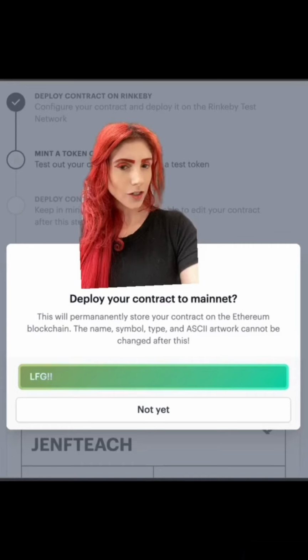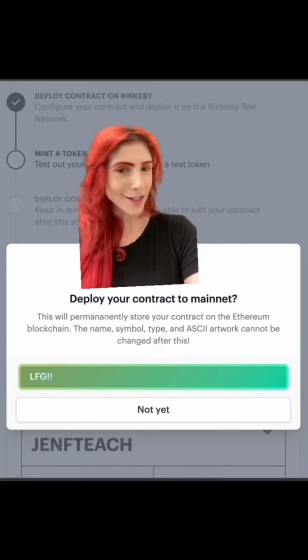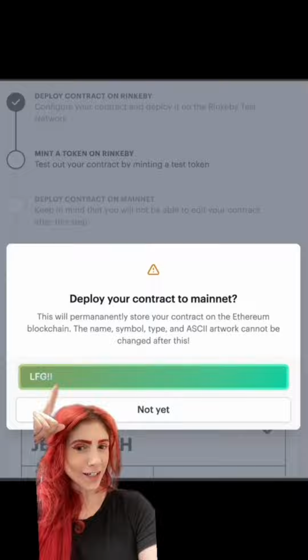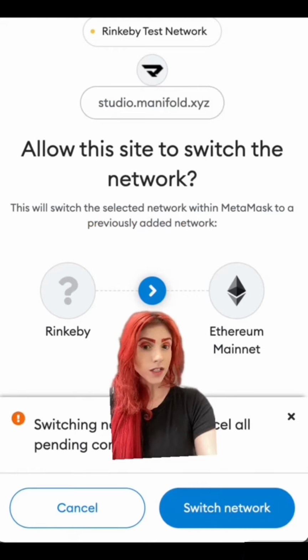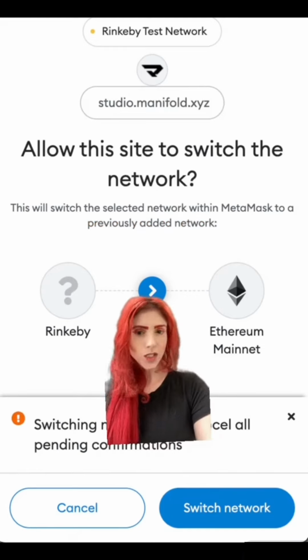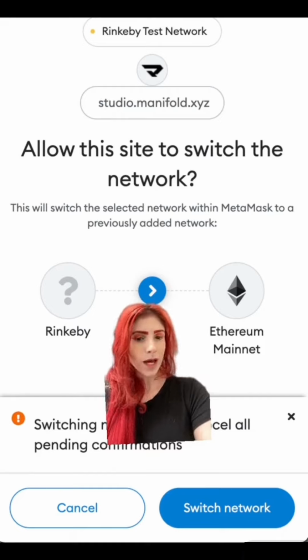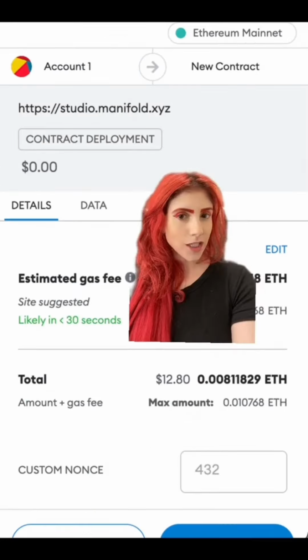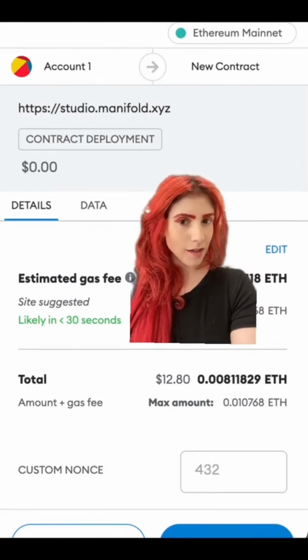Deploy on Mainnet, you'll get this awesome pop-up that is all rainbow color. LFG! Oops, I totally forgot to switch my MetaMask to Mainnet. So I get this pop-up in my MetaMask, hit switch network. The transaction will look like this. Once again, verify